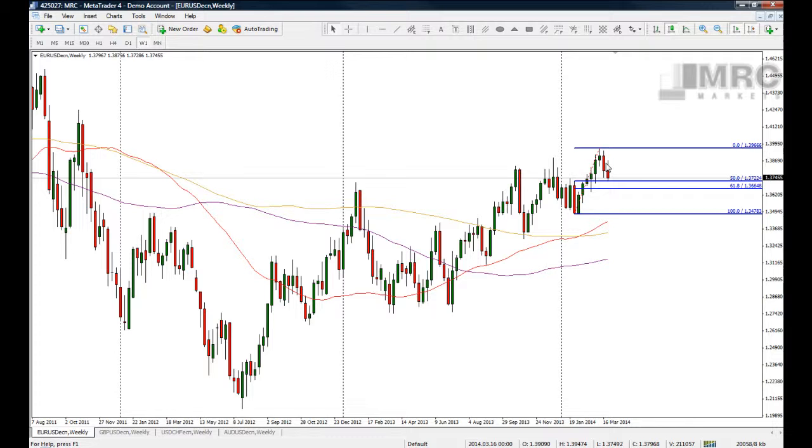And you can see last week, I think it's quite good in these weekly videos just to look at the previous weekly candle and see if it can give you any indication of what happened in the week. Last week's candle is just a standard bearish candle. Yes, it did engulf the previous candle, but it's still got a bit of lower wick on it. But you can see this week we have come down to the downside towards this 50%